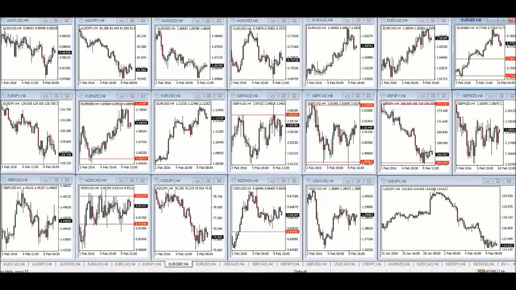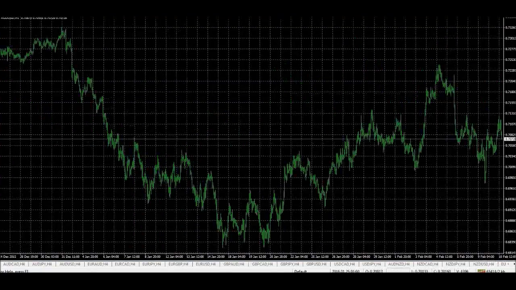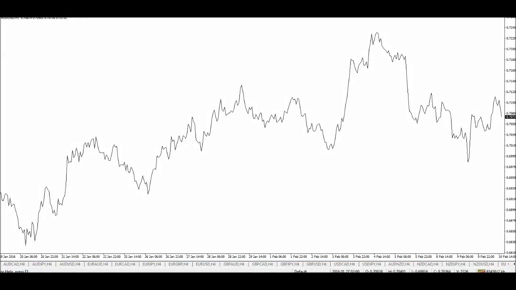Let's bring up a chart like I did in the previous video. Australian dollar, US dollar, I believe it was. So this is the 1 hour chart of the Australian dollar, US dollar. You'll notice that price is charted with a line, and we call this a line chart. We have our price as the y-axis, and the x-axis is the date and time, and price is just plotted